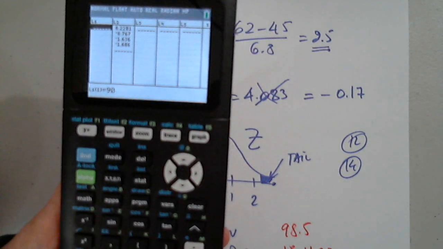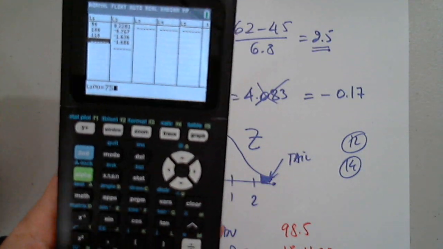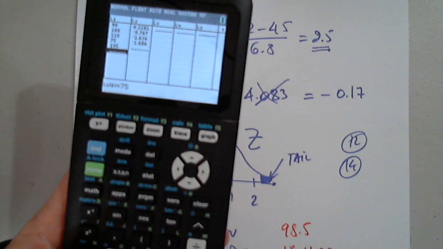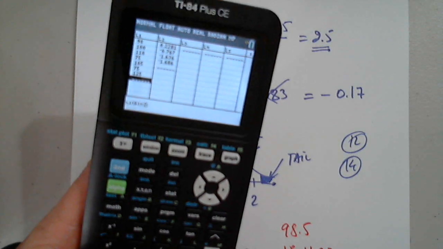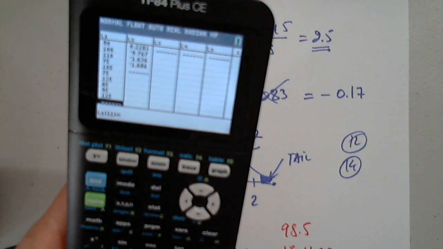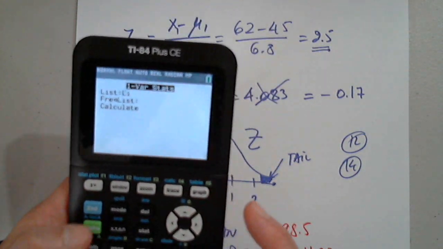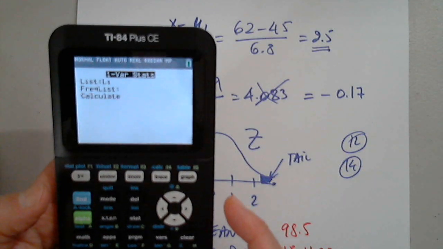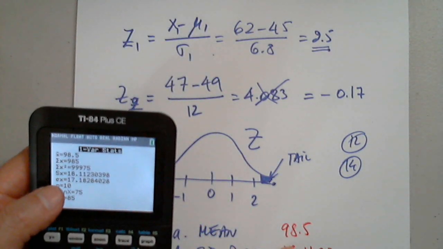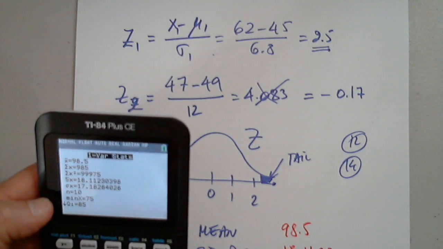So I have 90, and then 100, and 110, and 75, and 105, and 75 again, and 125, and 85, 95, 125. Do I have 10? Yes, I have 10. And then do a one variable stats with list L1. Okay. So the mean is indeed 98.5, the standard deviation 18. Okay, so I'm convinced now that